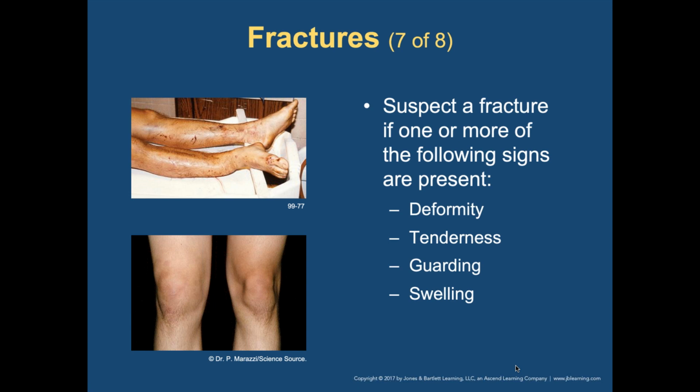A deformity is when the limb may appear to be shortened or rotated. That's your top picture. You'll notice the ankle is broken, and so is the hip, because the hip is rotated outward. So you automatically know the hip has a fracture there. Always use the opposite uninjured limb as a mirror image for comparison. You will not be able to pull traction on the one on the top, because you'll pull the foot and their ankle will disconnect.